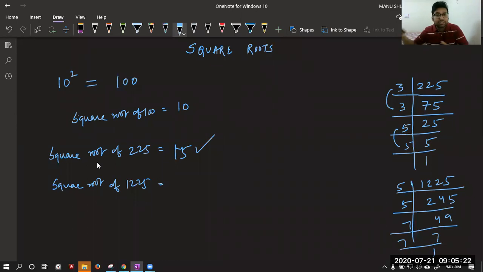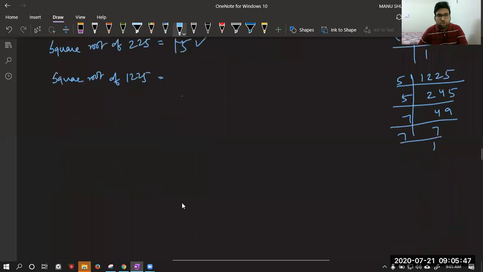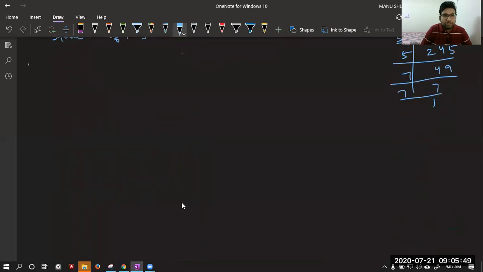In the last class, we used square roots in the concept of Pythagoras theorem, where we found the perpendicular or base using square roots only. If you remember, when we discussed Pythagoras theorem, we discussed this square root also. So we will try to do that today. Suppose you have a right angle triangle ABC, right angled at B.